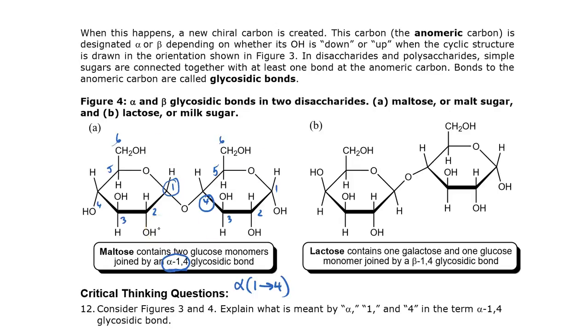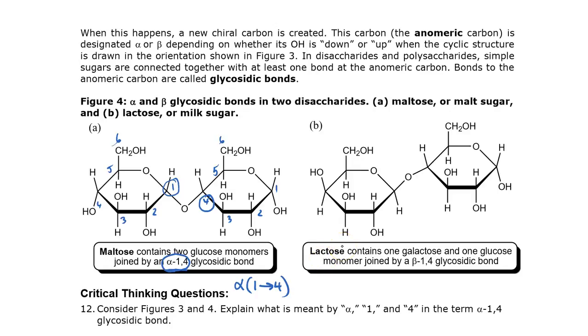This is maltose, also known as malt sugar. You might be familiar with it. If you get some malt sugar and you put it in your milkshake, it becomes a malt and it has that flavor. Or if you heard of malted milk balls, then you know what the flavor of malt sugar is. Malt sugar is made by breaking down plant starches, and you might have heard of it also in reference to malt liquor, which is what you get when you ferment malt sugar. You make malt liquor or beer in the same way.